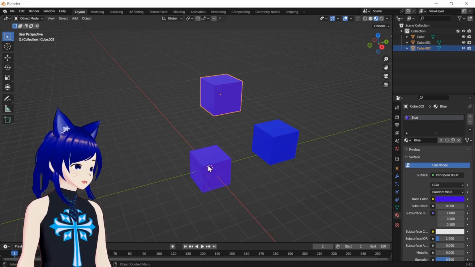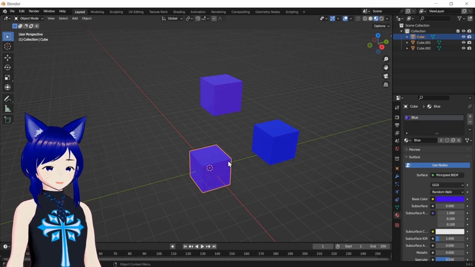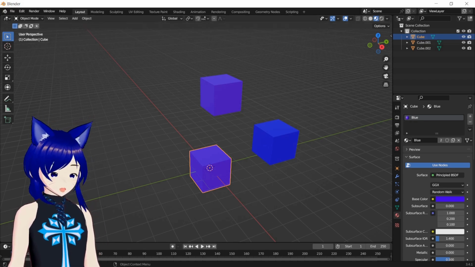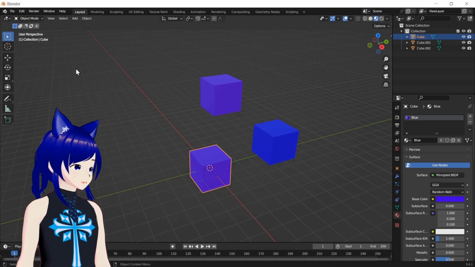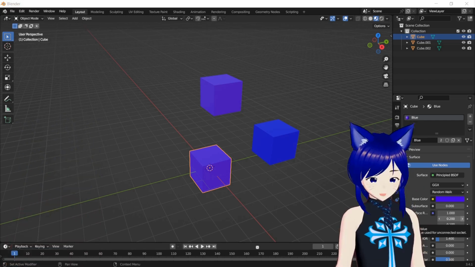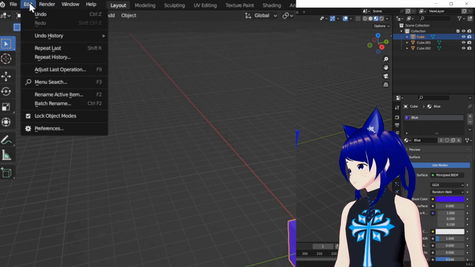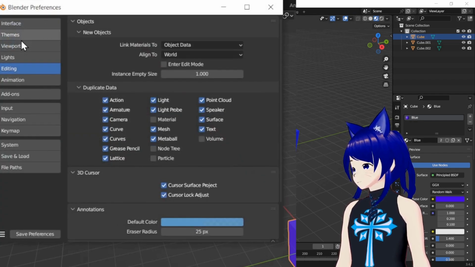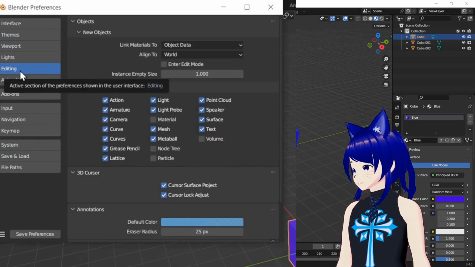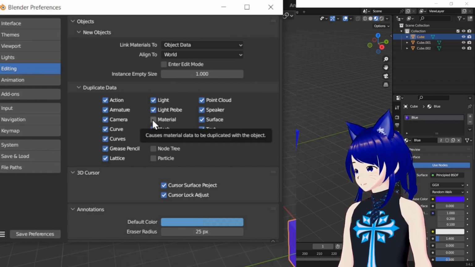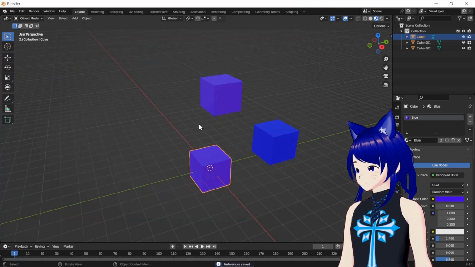But first thing is, what if I want to duplicate multiple objects and I want to go through and do that whole process of the drop down menu? Well, we'll come up here to edit, and let me get myself again back out the way because everything is on both sides of the screen. Come down to edit. You want to click on preferences, and over here on this left side make sure you're on the editing. Come down here to duplicate data, and then you want to click on materials, save preferences, close out the window,